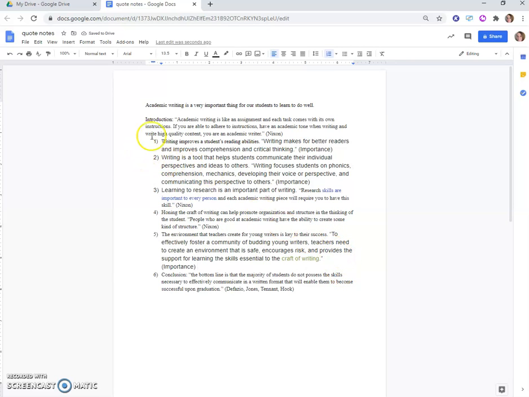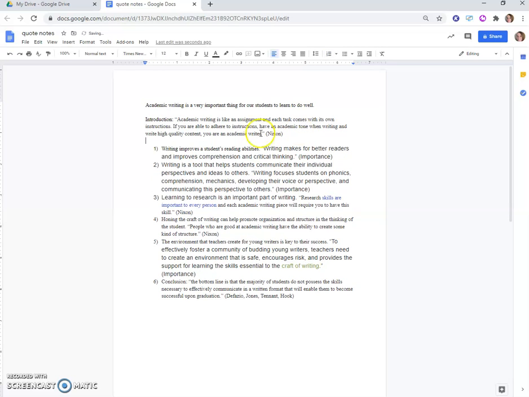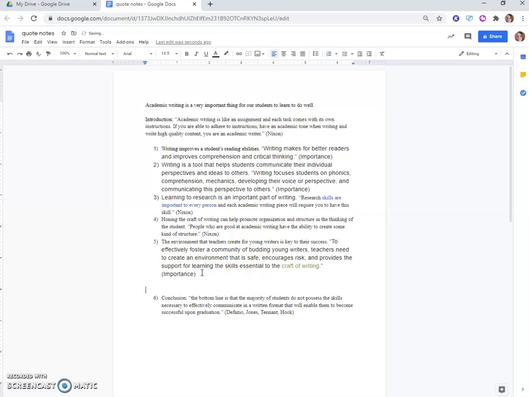Okay, so I have some ideas. I'm going to leave my introduction alone for right now. I'm going to leave my conclusion alone for right now. I want to work on the body of this. So my first paragraph, writing improves a student's reading abilities. How about instead of improves, writing has been shown to improve a student's reading abilities. And then I can say,